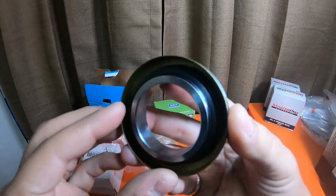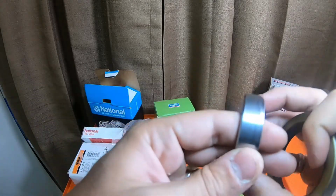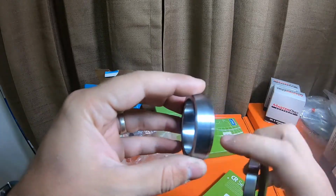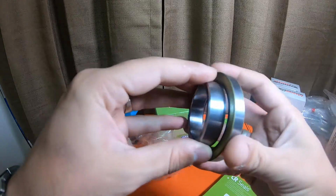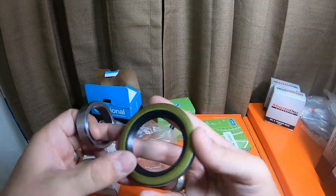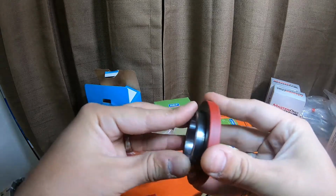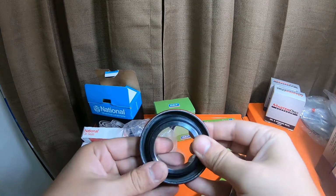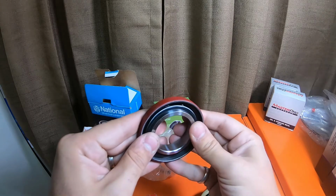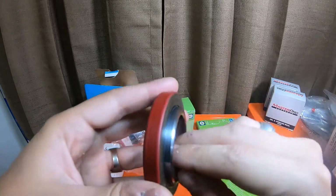So this retainer is supposed to fit in just like that, and this retainer is actually pressed onto the axle shaft, so it spins with the axle. So the reason you get witness marks on these guys is specifically because it's riding in this seal like that. That's why. And now this sealing surface is a lot nicer than this one. So this one is easy to put the retainer in. It's very easy to put the retainer in on this one. But this one,